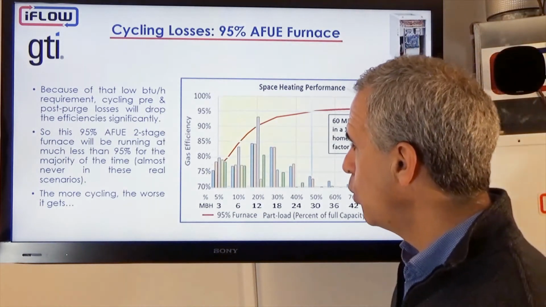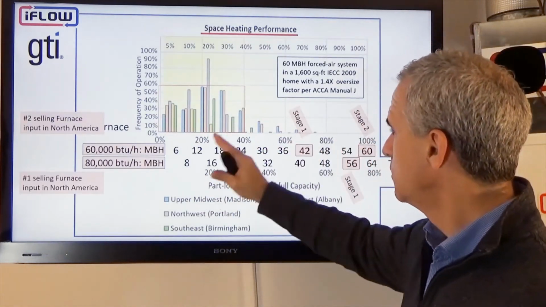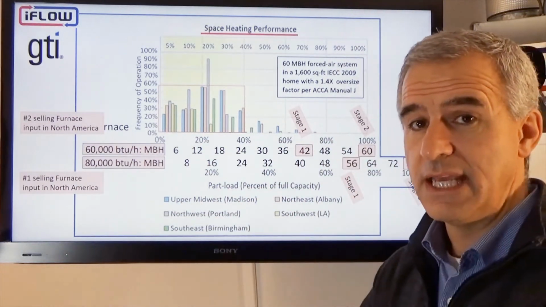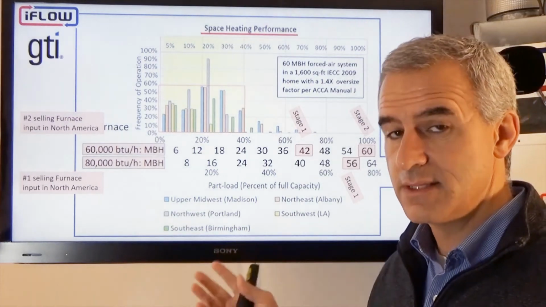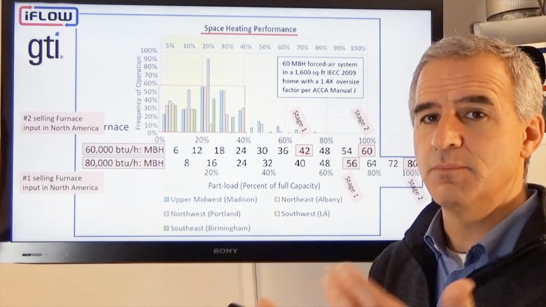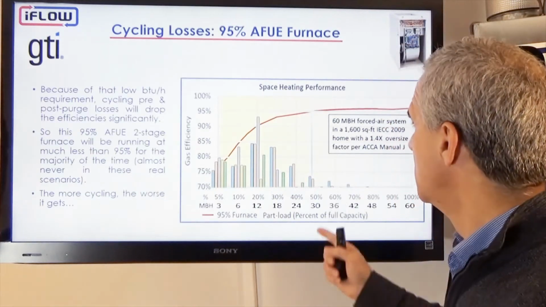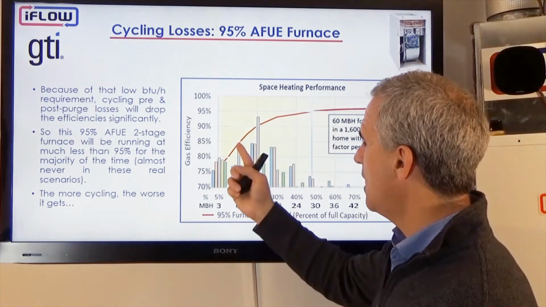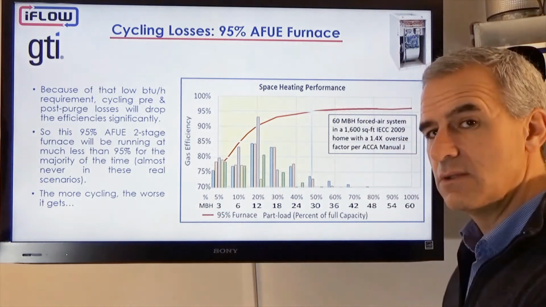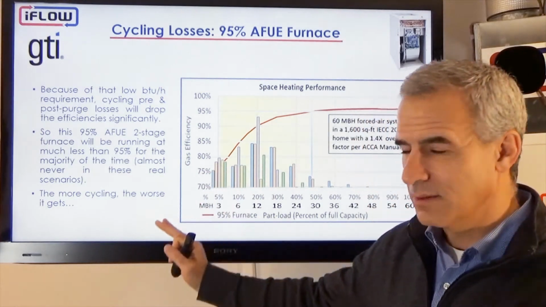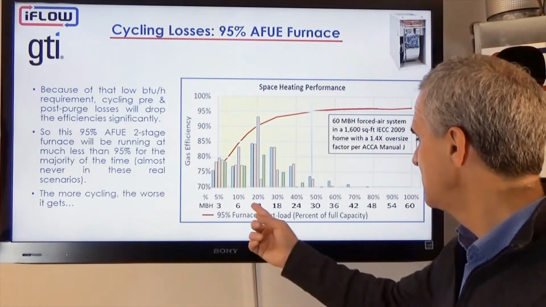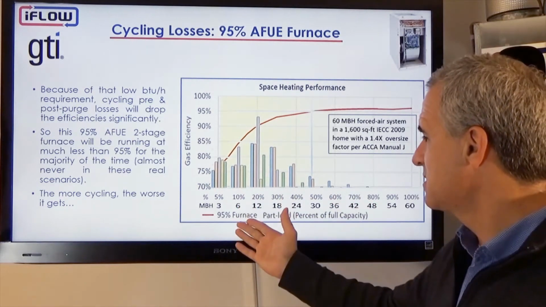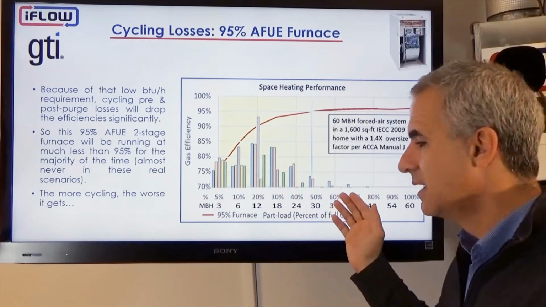Now, when you cycle off, the heat that has built up in the heat exchanger has to then be dumped out the exhaust. So every time it cycles, you're going to get a drop in efficiency. And the more it cycles, so the lower the input, the more it's going to cycle, because we can't deliver even 42,000 BTUs. If I only need 6,000 BTUs or 12,000 BTUs, I